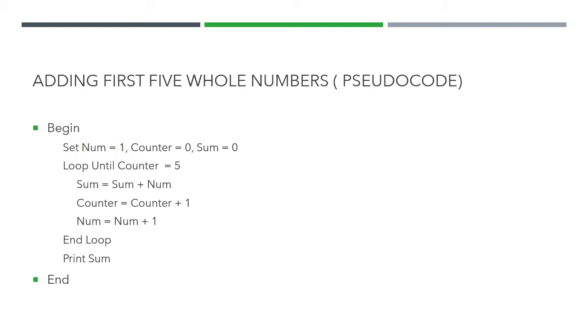Now how many times do you have to add them? 5 times. So you have to count it, right? So to count, we have taken a counter. Okay, the counter is 0 because we have not started adding yet. Now we have taken a variable sum, and for that we have assigned the value 0 because initially we have not added anything. So initially the addition result would be 0. Okay, this is called initialization. This step is called initialization.